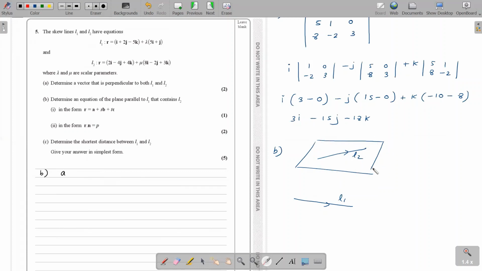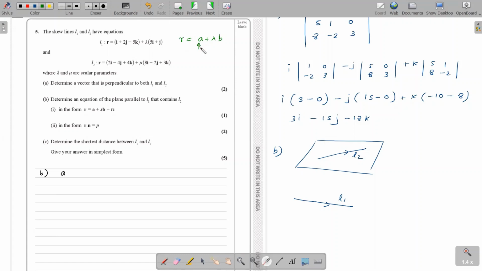Like L2 is a line. How can I use the line equation to actually get a coordinate on the plane? You do realize when it comes to a line, it follows the format r equals a plus lambda b, right? What does a represent? A represents a position vector on the line, while b represents the direction vector of the line. So now, if a is a position vector of the line, that means we have a coordinate that lies on